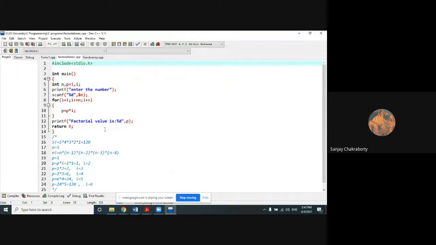Okay, now I will show you this basic program which I have already given in the last lab. That means with functions, you will have to find the factorial of a number by using a function. How can we do it? So this is a factorial program. Okay, I have nothing to say regarding the factorial program.